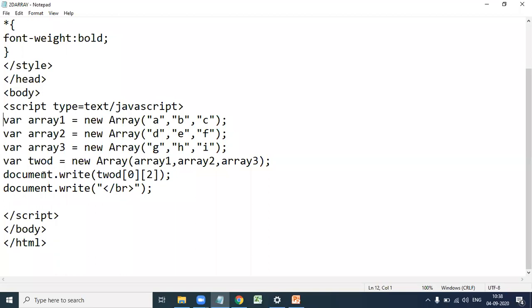Here I print the value with document dot write 2D of 0 comma 2. So what is this value? 2D of 0 of 2. Reply in the chat box: what is the value of 2D of 0 of 2?